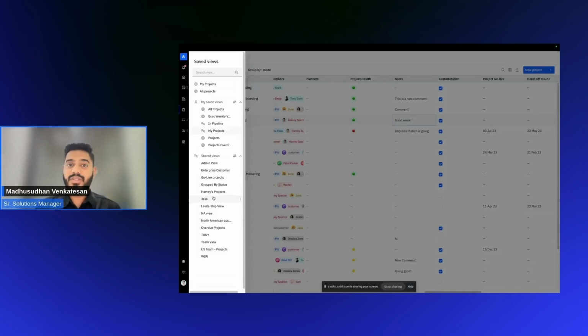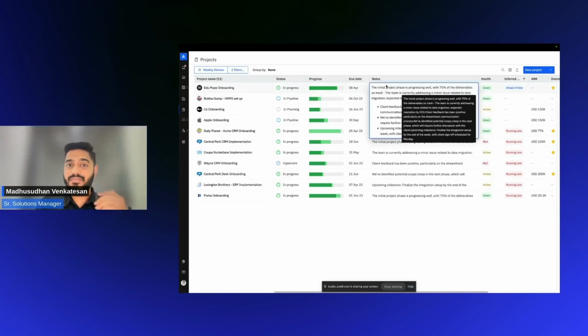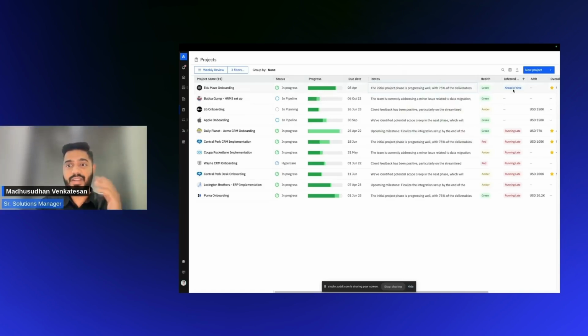But in my experience, I've also seen people using this as a way to run different kinds of scenarios as well, not just visibility for different teams. And what I mean by that is, if I'm going on a weekly cadence with my team, usually it's getting them all on a huddle, asking them to display their spreadsheets, what they're doing, their own trackers. Instead, I can set up a view called weekly view for my team, and it just pulls up a list of projects that's been worked on by the team or a specific individual, and I only see the columns that I need to see. The latest notes, the health,